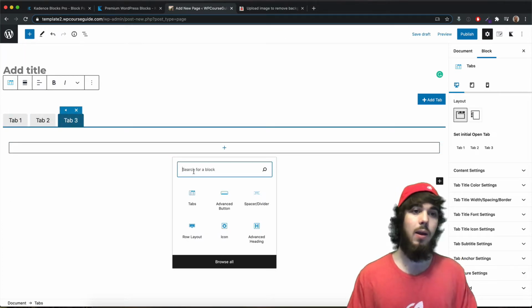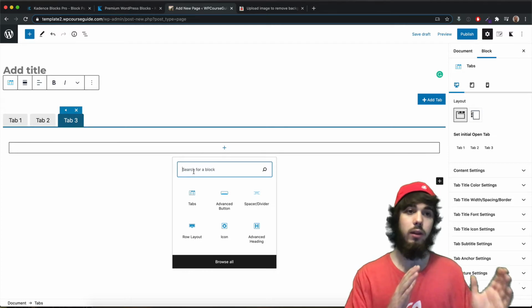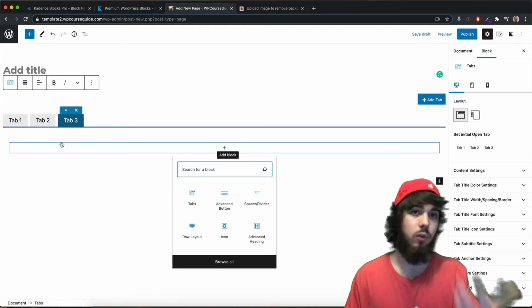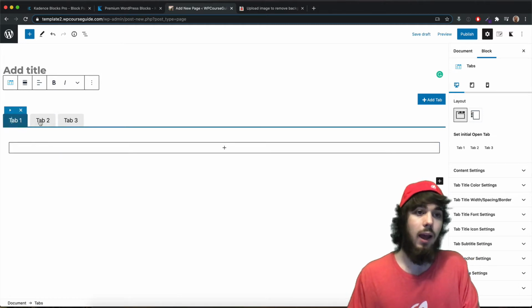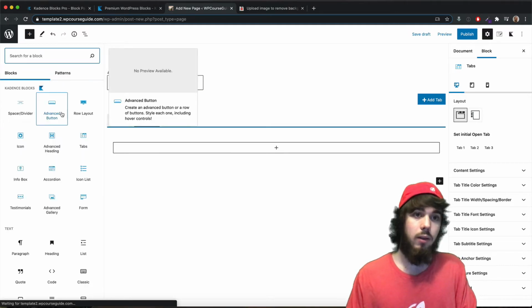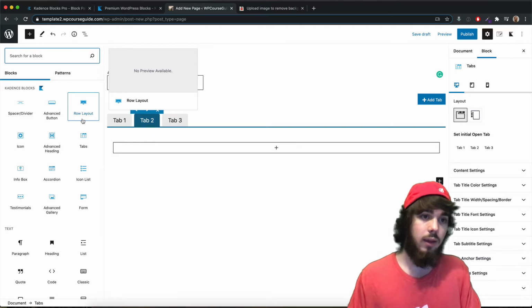If I have a heading, maybe I'm using this for a course catalog with categories in each tab, or I can really break up maybe the student dashboard page or something like that. I can now do that in this tab layout here, and I can easily change the layout and names of my tabs. Another awesome block that this adds is the